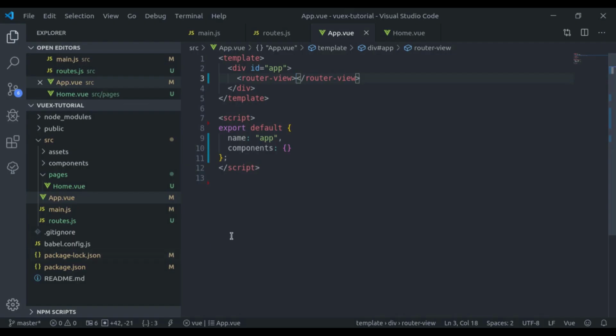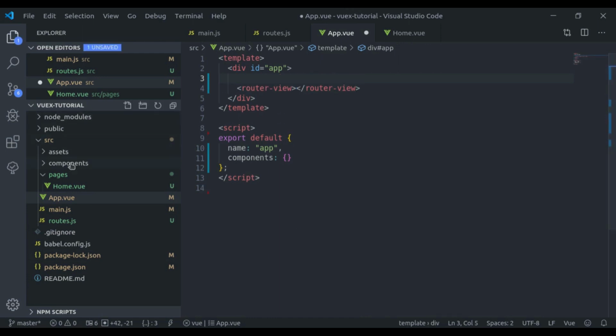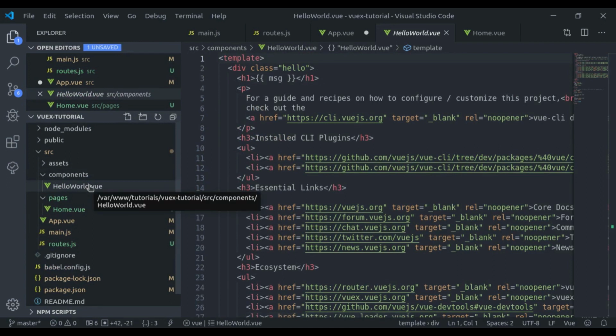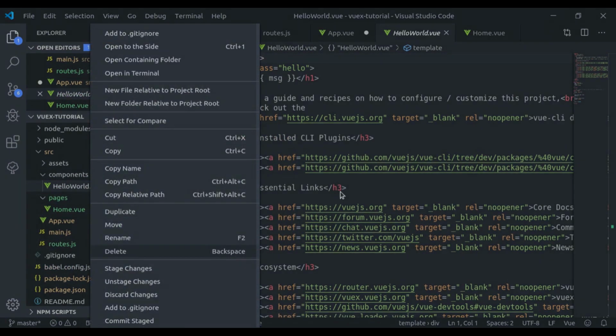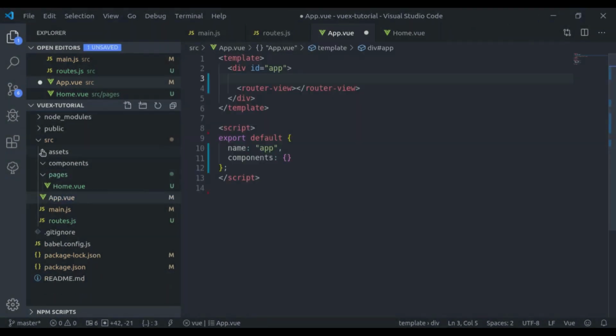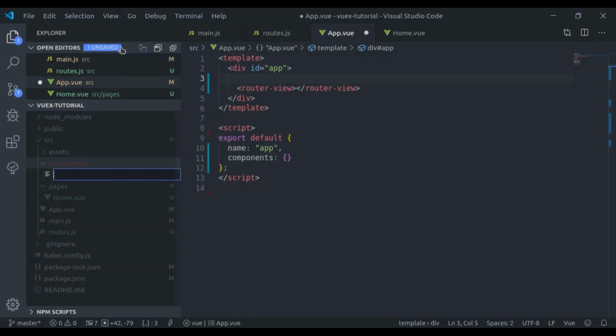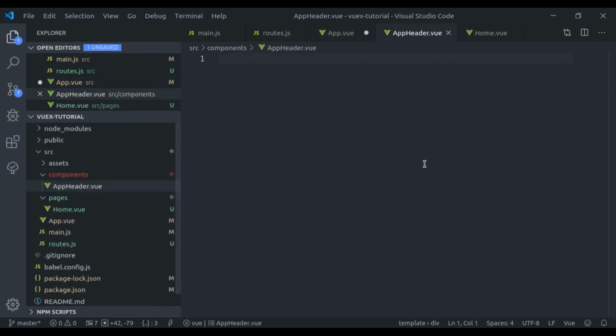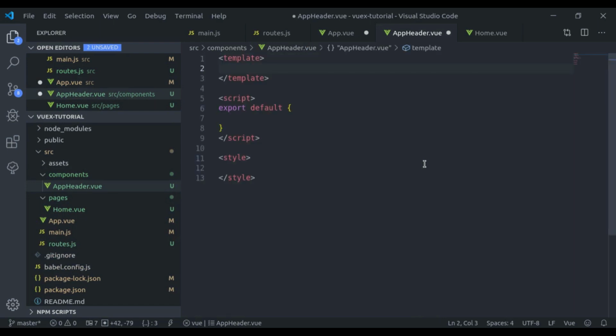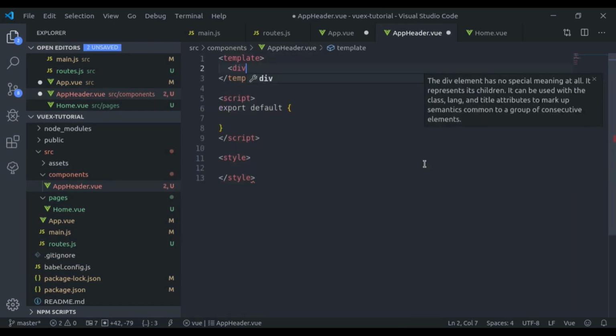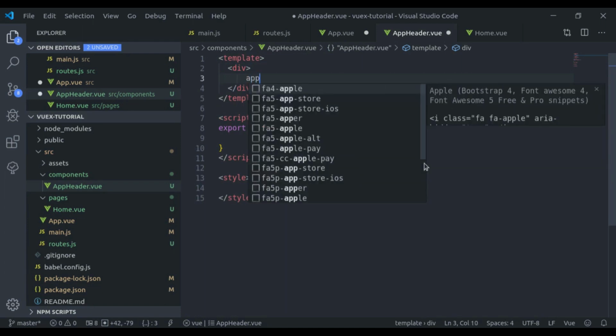Next, let's create a layout for the e-commerce store. So let's create an app bar. For that, here we'll create another component. Let's remove this. Here I'll create another component, app header dot view, and that will contain nav bar. App header,